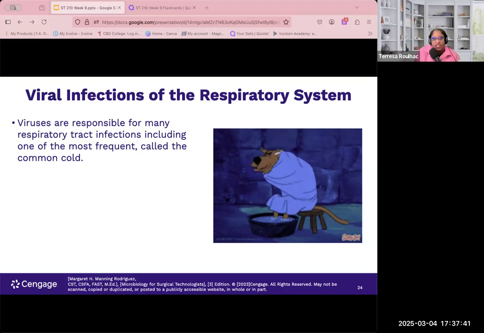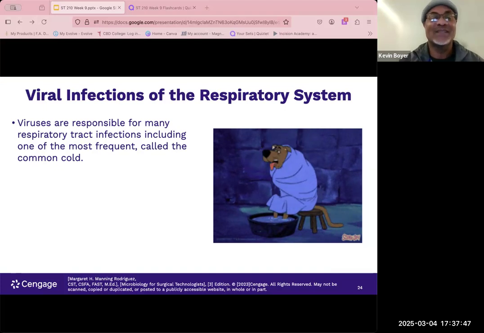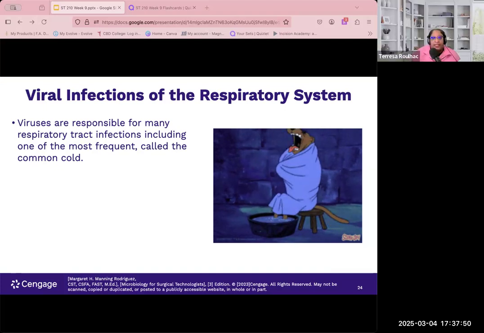That's why you're always washing. Sometimes I don't even shake people's hands because you just don't know. Okay. Now, when a person sneezes, fluid from the nasopharynx filled with the virus is released into the air. The virus attaches to the surface of cells in the nasopharynx, which is just the back of the throat and the back of the nose. And it uses surface molecules to latch on to the cilia, the little hairs you have back there,